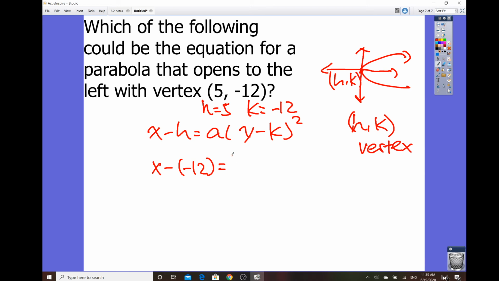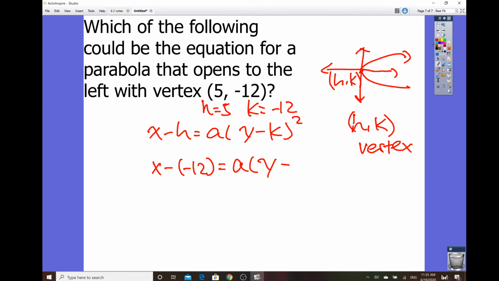This one is showing that a is open to the left. If a is open to the left, that means the value of a would be considered negative. So let's say that we put in a negative number. Let's just put in a first. Okay, so y minus,